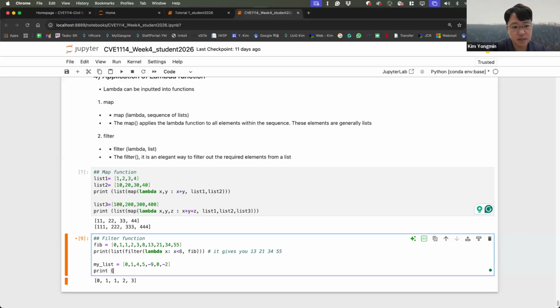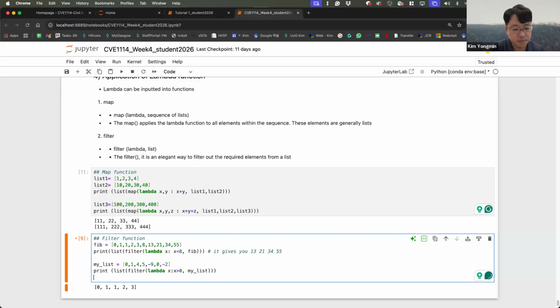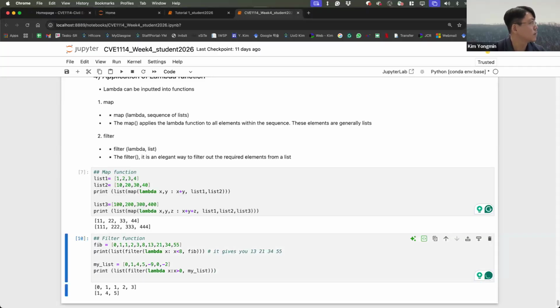Print list, filter, lambda. My value should be greater than 0. I want to remove the negative numbers. Where? From my list. No more negative values.